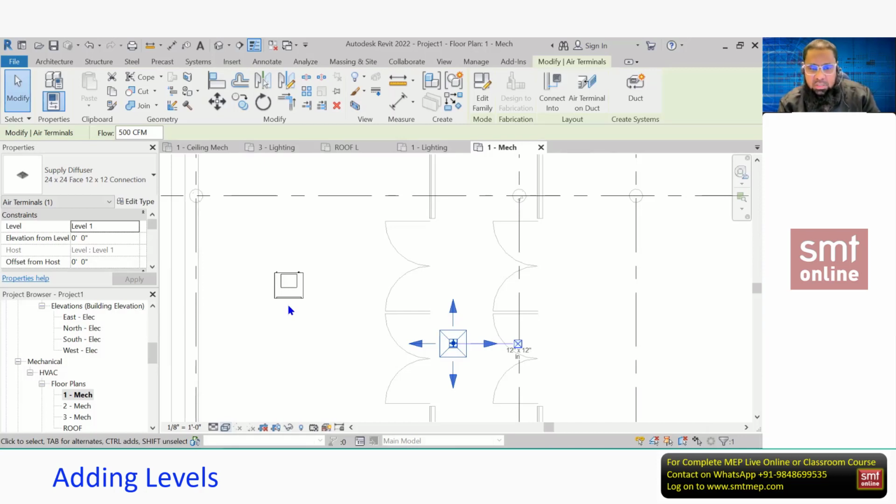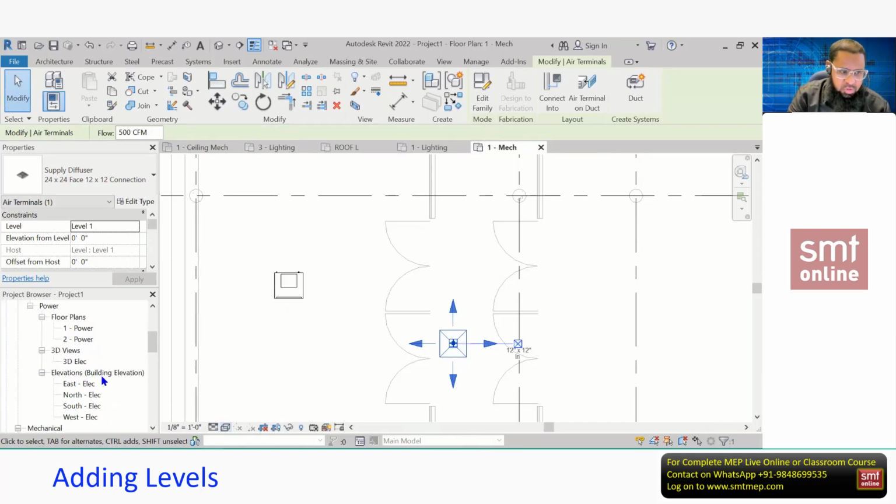But what will happen with this? This will create confusion. For example, if the mechanical people are adding this equipment and it is visible in the electrical level 1, no doubt this floor is 1. So physically, for example, on site, if you install equipment on the ground floor, it will be visible to all the engineers, for all the services. Similarly, in Revit also, we are working in a virtual way, like adding the equipment means installing that equipment virtually. So identity is 1, the floor is 1.